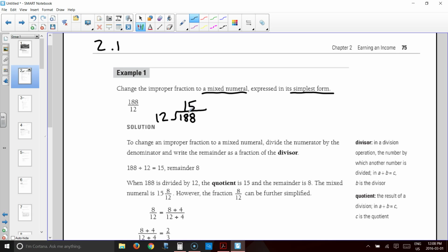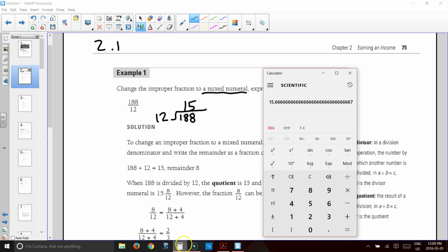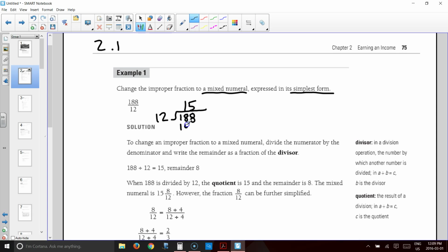If you can't, what you do is use your calculator, like I said. You do 188 divided by 12, look at the whole numbers, it goes 15 times. Now I'm going to go 15 times 12, and I get 180. So 15 times 12 is 180, and that shows me that the remainder is 8. So you would write 15 remainder 8, and when you want to write this as a mixed number now, you